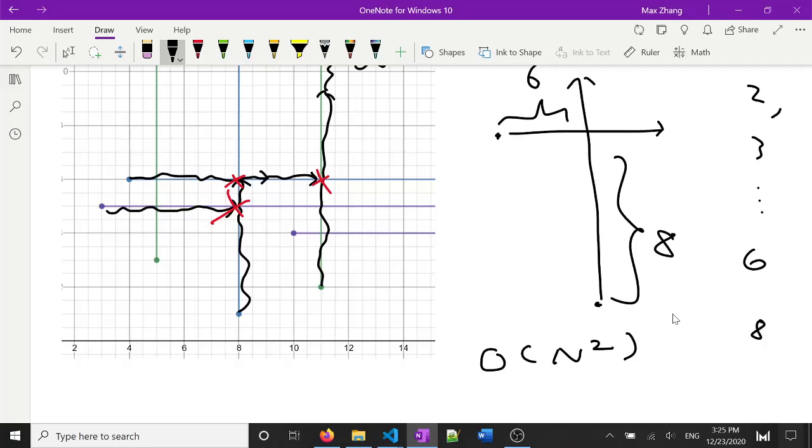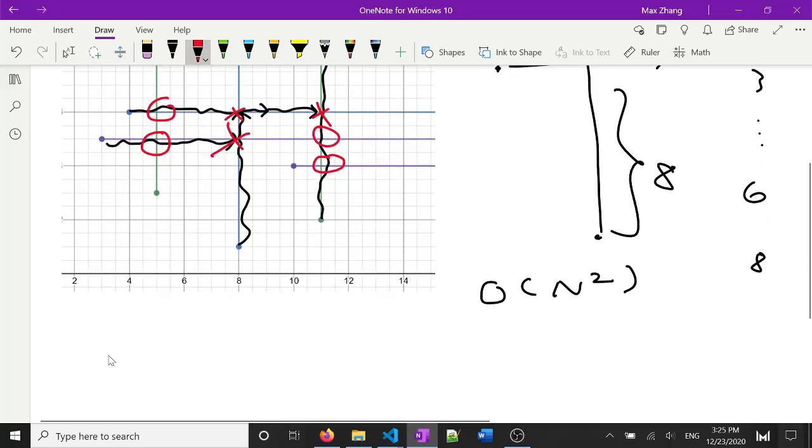Now this is still pretty annoying to implement, but I guess there's a nice way to implement this that I will show off in a second. A nice way to implement this is to sort all the intersection points. Let's just take a few examples, like this point, this point, this point, this point, all right? So this point is at coordinate